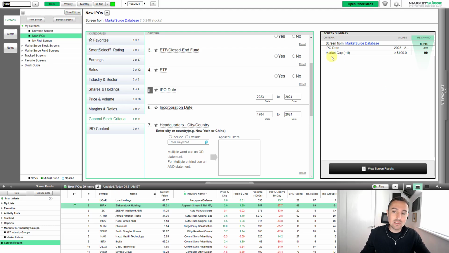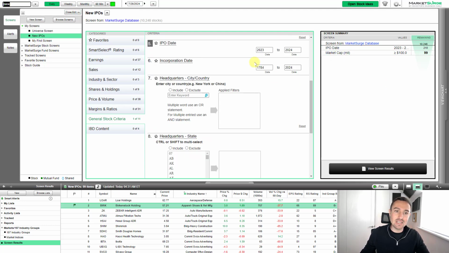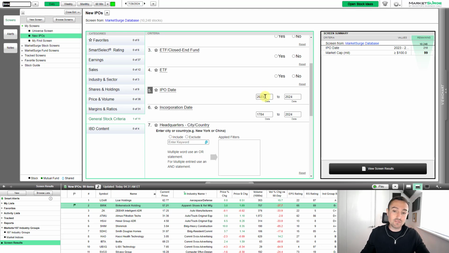As I said, there's only two criteria here. The first of which is going to be the IPO date. I'm looking for stocks that have IPO'd within the last 2 years, so that is 2023 or 2024. And I want the market cap to be greater than 100 million. Why is that? Because it just helps filter out a lot of the illiquid stocks that have very, very small